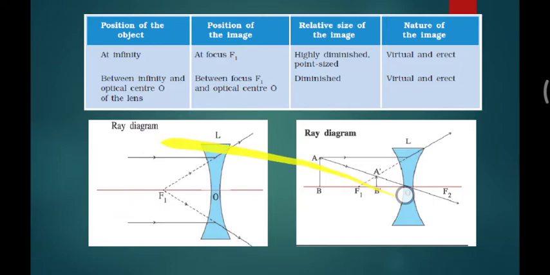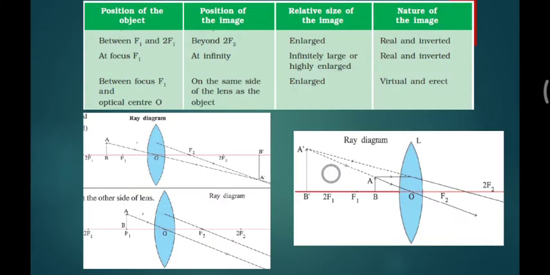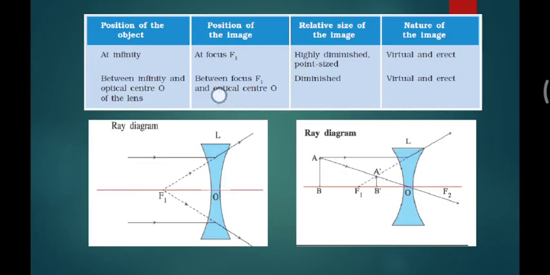For an object at infinity, the rays coming are deviated in such a way that the focal length is here. In the earlier cases of the convex lens the rays converged and came closer, but here they go apart from each other, so we extend the refracted rays backward, and the image forms at the point, highly diminished, virtually, when we extend them forcefully at the backside.